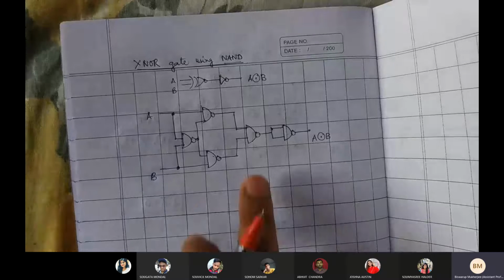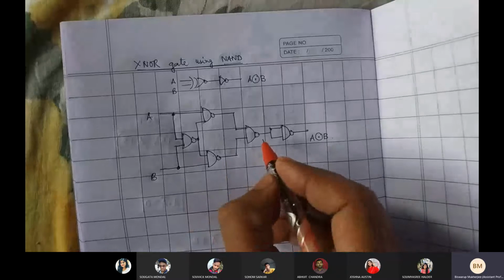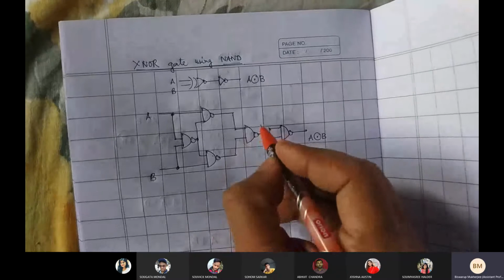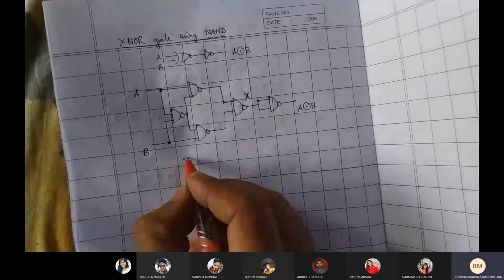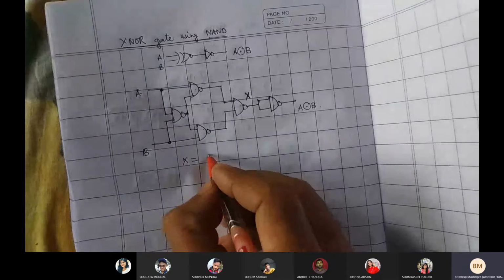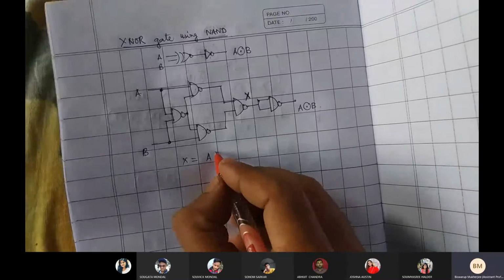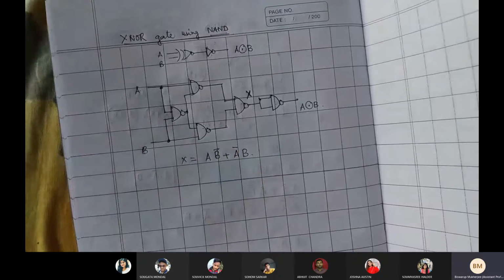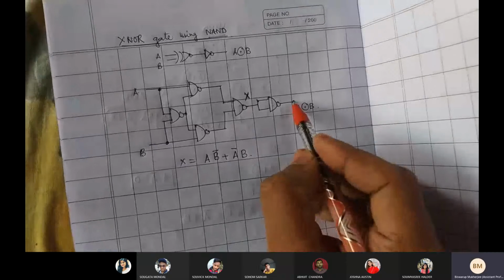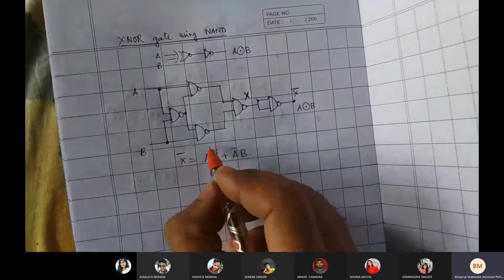So on the previous page, if the value at this particular point is X, suppose I have provided the name as X, then X is equal to A B bar plus A bar B, right? So now this point is actually X bar. So X bar is nothing but this one,